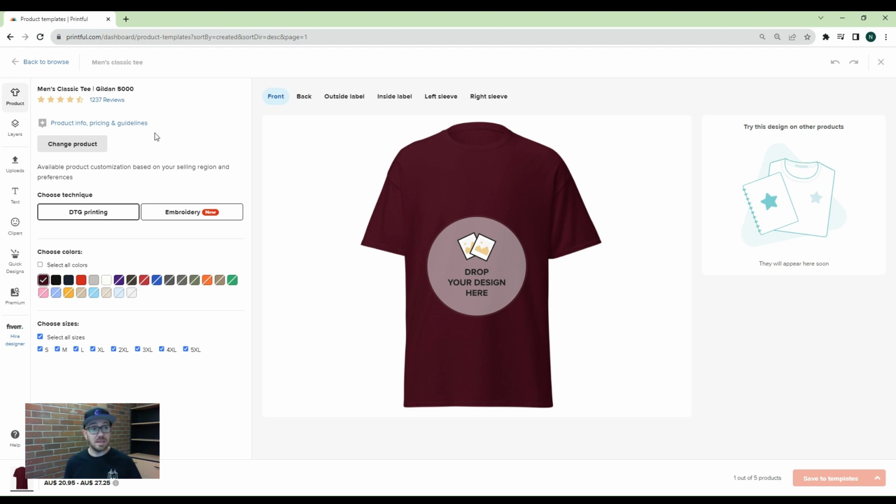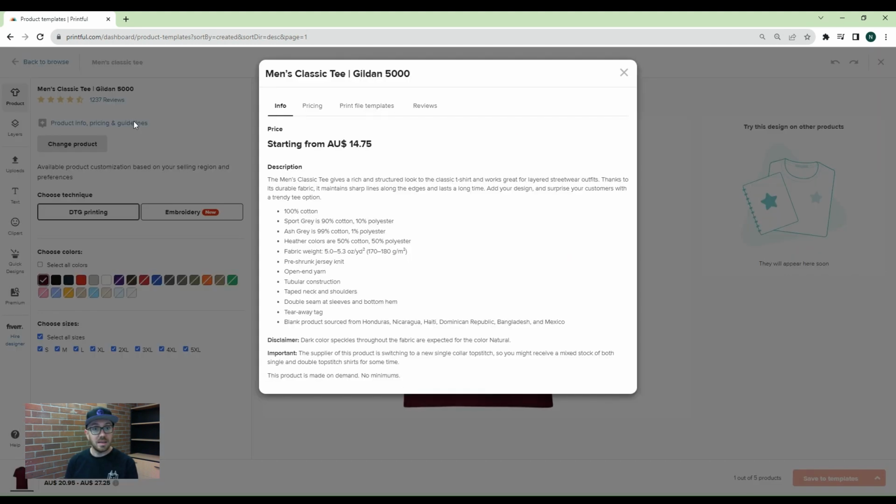So the first thing that you'll see here is the empty t-shirt. It says drop your design here. Before we do that, let's have a look at a few details. We've got the name of the product as well as all the reviews it has. We also have some product info, pricing, and guidelines. We click into that, we can see all the details about the product. So a lot of information here,